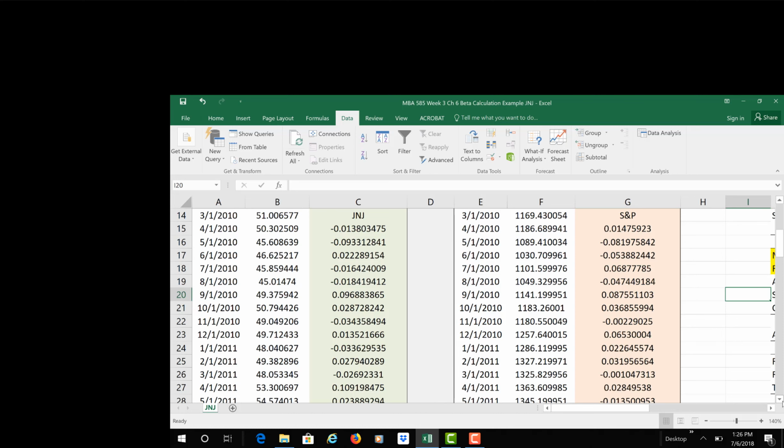And what I'm going to do is take the price at the end of the period. So I'm starting in March of 2010, going to April of 2010. The end of the period is the April price of $50.30, and the beginning price is the March price of $51. So the return here looks negative. Price went down, and you can see that you have a negative return here for Johnson & Johnson, negative